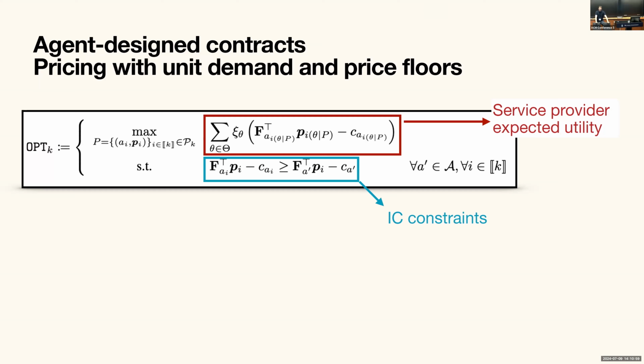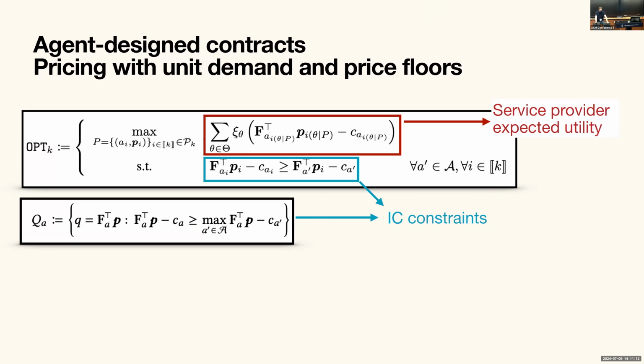Let's rewrite this in a slightly different way. That will be very helpful computationally and also to understand better why in this problem we are actually selling actions. The incentive compatibility constraints are of this form. Note that in the program we only care about the expected payment. So the vector of payment P only appears when multiplied by the distribution function F. And so we only care about expected payments.